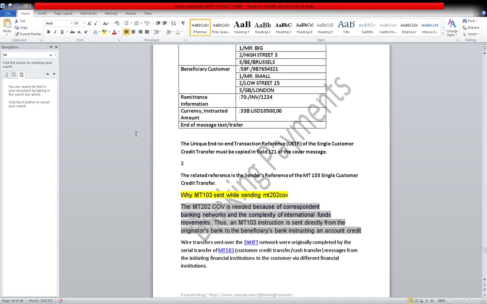One more thing. When we are using block 3, we have to mention the 119 tag and we have to mention COV, right? Do you remember, I told you that time, we have to mention 119 and code COV in curly brackets in our block 3 for your cover payment. And UATR is always there, no need for discussion. UATR must be changed. This one example; these examples are very complicated. That's why I don't want to tell you.